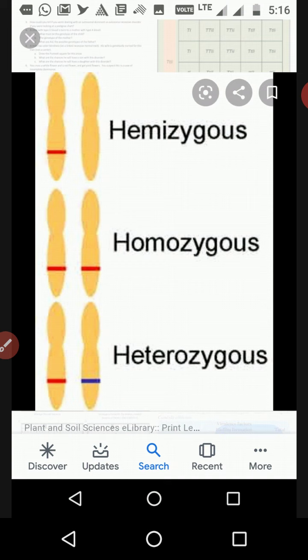One is called hemizygous. Hemizygous means a minute change between two factors, and that is called hemizygous. And homozygous means the same factor, whenever the same factors are there. What am I calling factors? Now here you all have to learn factors. Mendel used that name, and it is called factor.